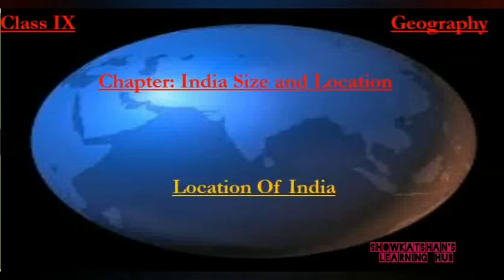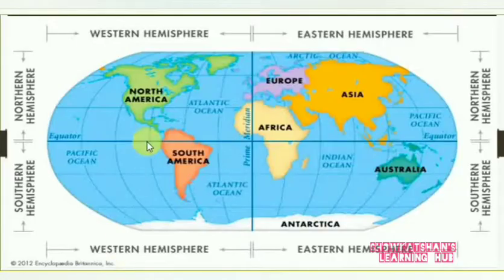the world map. If we look at the world map, we have this latitude called the equator. The equator divides the world map into the northern hemisphere and southern hemisphere. And looking at these two spheres, we conclude that India lies here. That means India lies in the northern hemisphere.